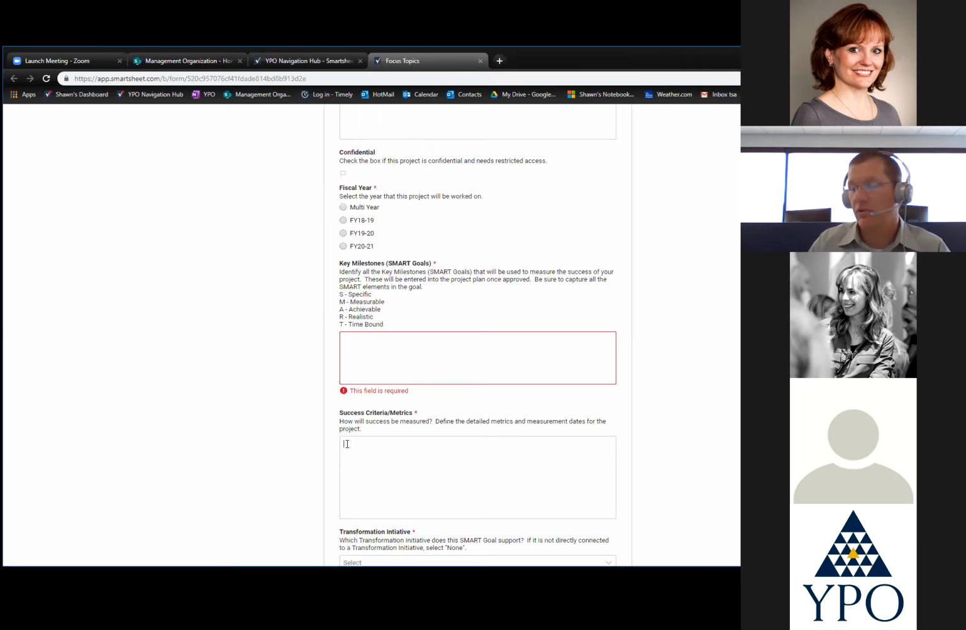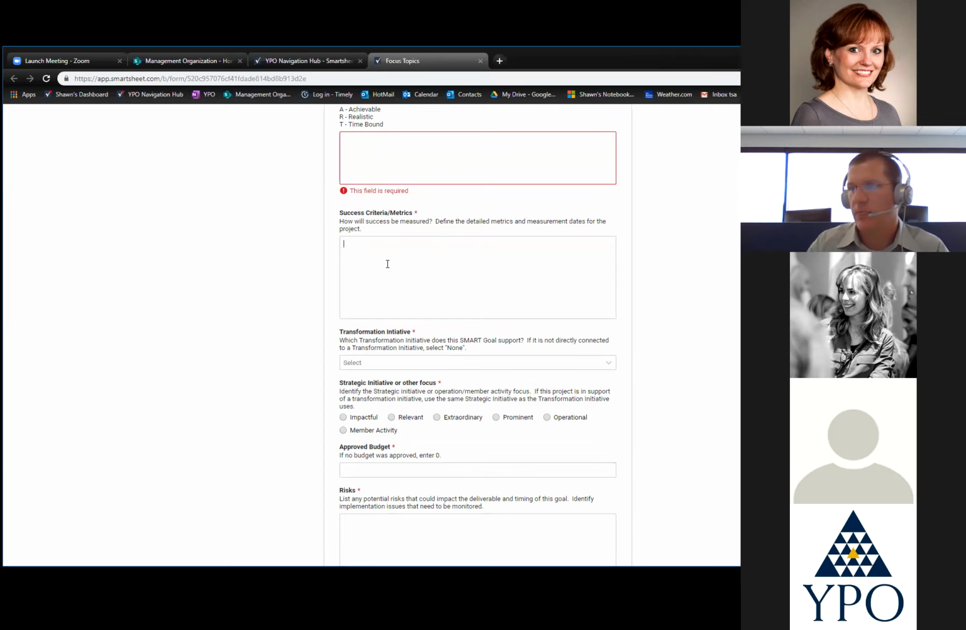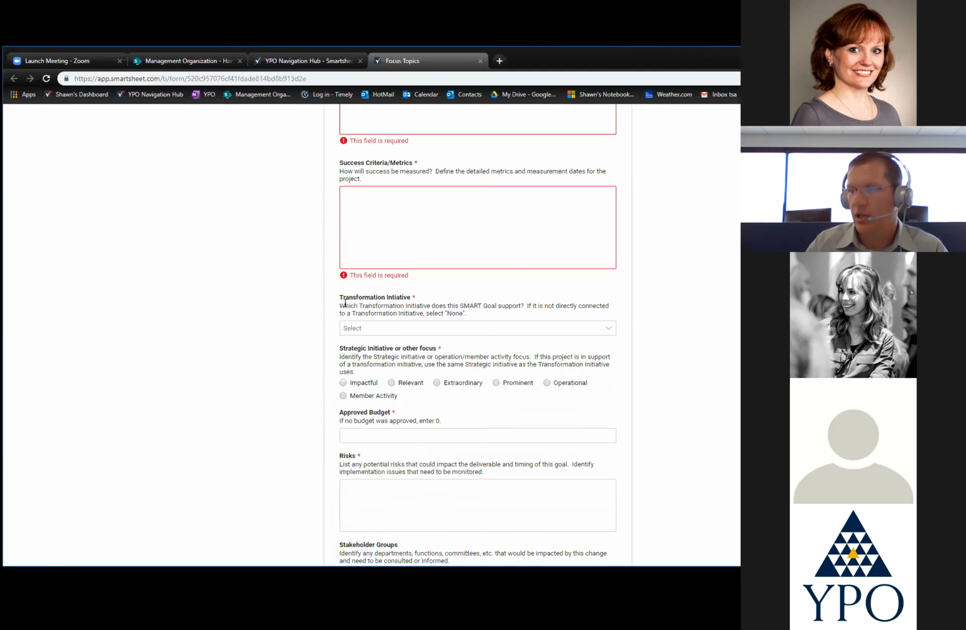So keep in mind that it's attainable, something that you can achieve and measure. Transformational initiative: if it's a transformational initiative, select this. If it's not a transformational initiative, you put none. There are 10, and you select the one it is. If it's one of those 10, it's also one of these first four, which are the strategic initiatives: impactful, relevant, extraordinary, prominent. If it was none, then select either operational or member activity, depending on what your project was